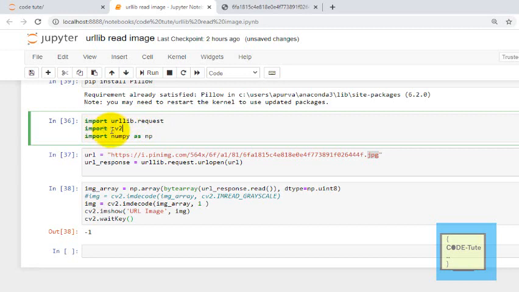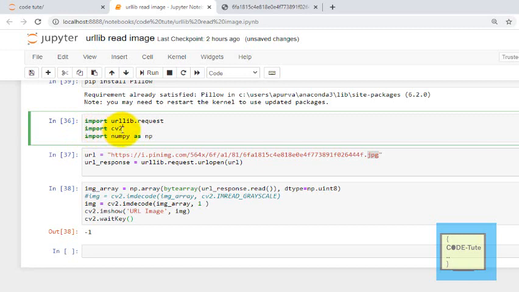The second is OpenCV, import cv2. This is a computer vision library. It is not strictly required, but if you want to work with OpenCV, if you want to show your image on the desktop, like creating a window and displaying the image in it, then you can use this cv2 tool.